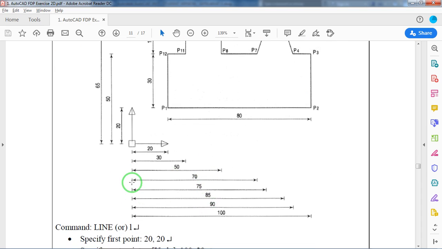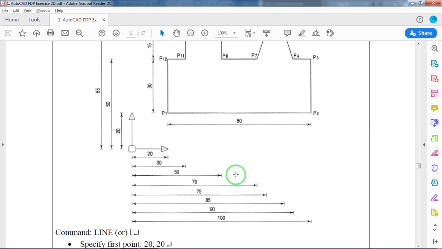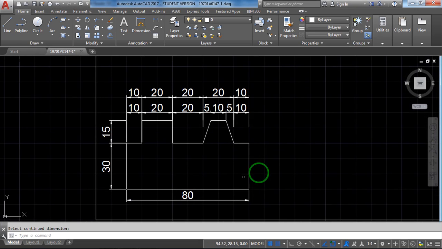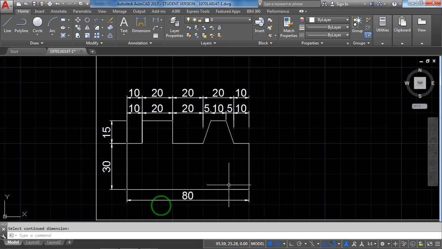Now see these dimensions. From origin we are showing the location of the points to easily identify them. P1 from origin it is 20. Now here P2 it's 100. P3 also x-axis 100. P4 x-axis 90. P4 y-axis 50. That's the meaning of these dimensions. You can also give them like this, from point to point. First one 20, 20. For this regular dimension is enough. See, but you need some origin point here.